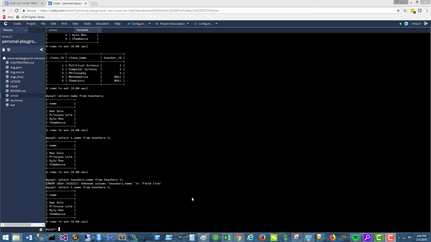So now that we've got aliases in the bag, let's look at selecting from multiple tables. So consider this query. Select star from teachers, we'll give it an alias, T, comma, classes, C. And when you look at that, imagine how you would respond to this